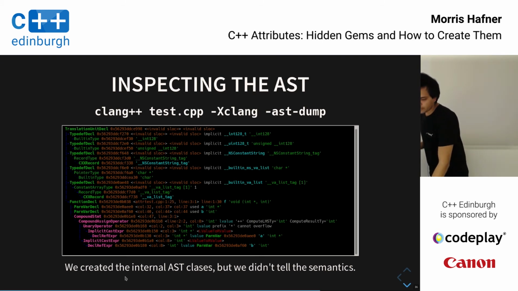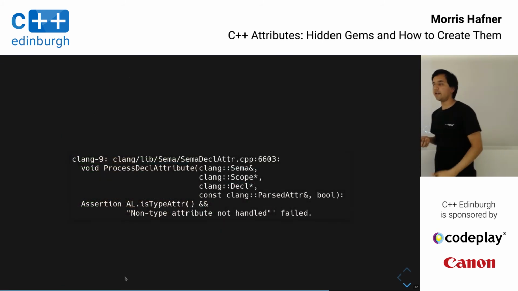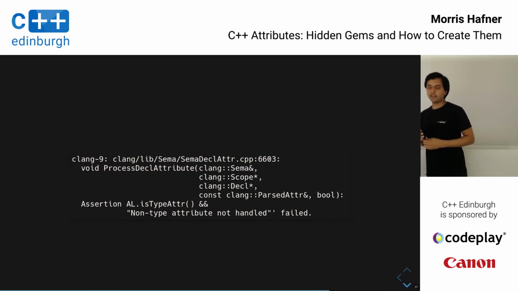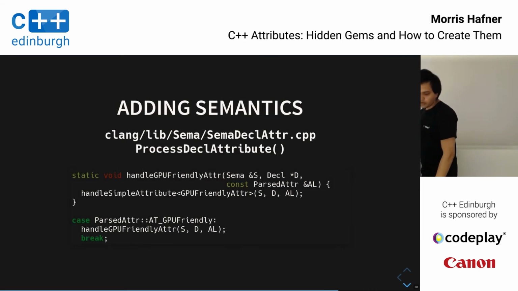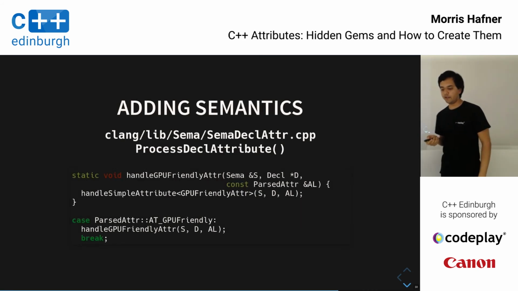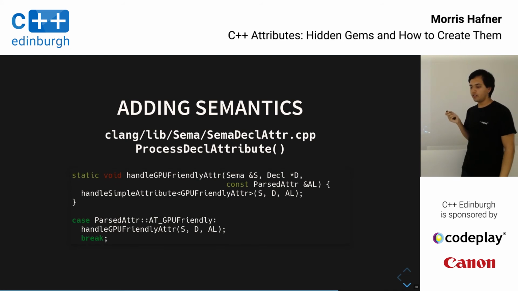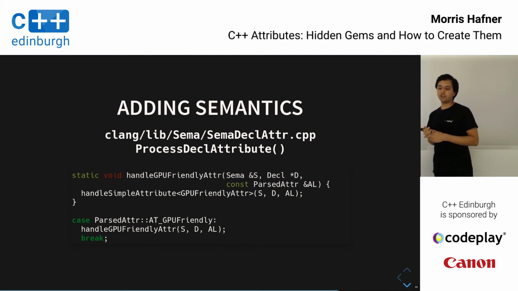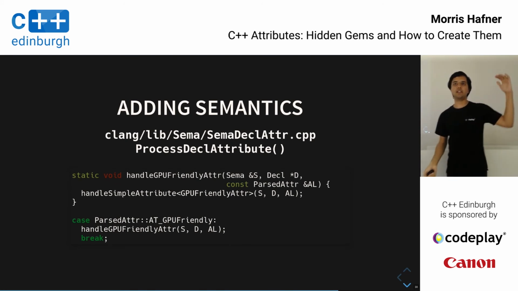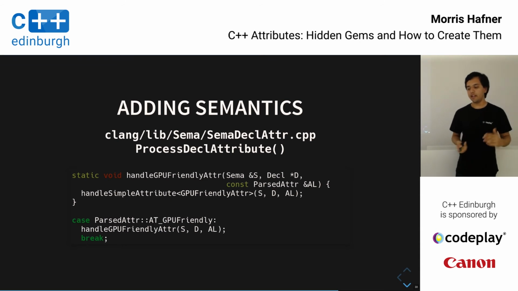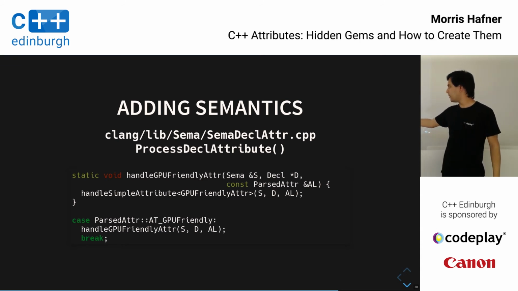So let's do this. In fact, if you try to run it like that, you get a nice assertion error and it fails, saying that you didn't handle this attribute. So let's add semantics. In this file, Clang just told us where it crashed, so let's go to this file. Inside there's a function called process_decl attribute with a giant switch case of every attribute. And there you add your own case here with pass attribute: AT GPU friendly, which is what you had